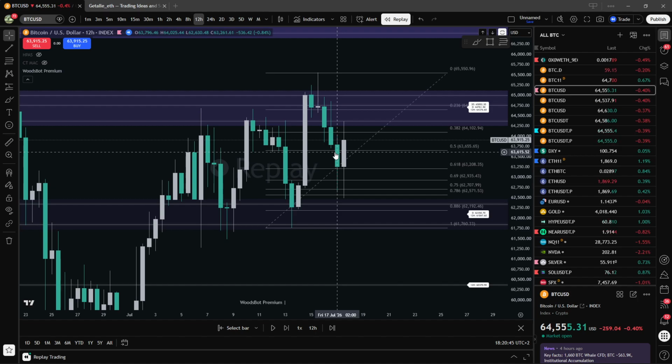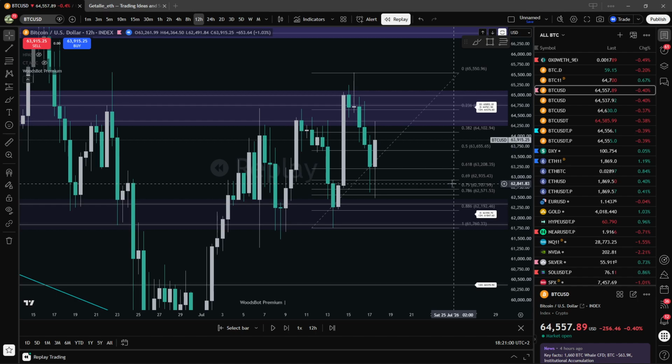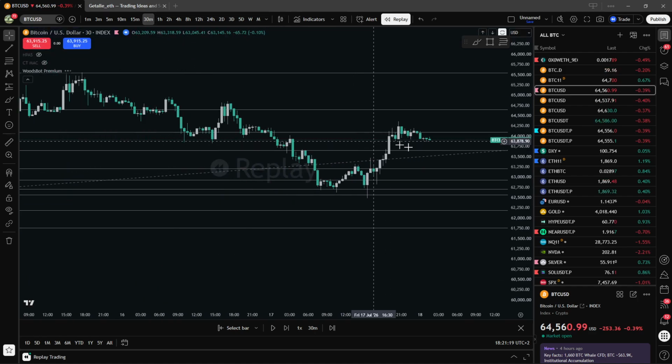If you plan your trades on the 12-hour, you can't wait for your triggers on the 12-hour. If you plan your trades on the higher time frame, you need to have lower time frame execution, because otherwise you're never going to go. You will never be getting any trades. So plan your trades on the higher or medium time frame, wait for your levels, and then execute on the lower time frame. By executing, I mean, for example, I go to the 30-minute time frame,